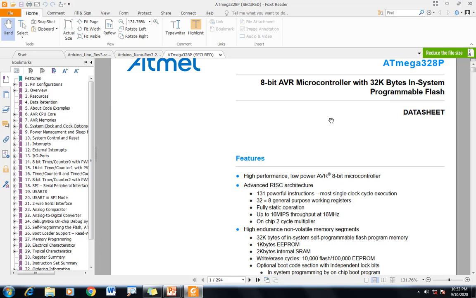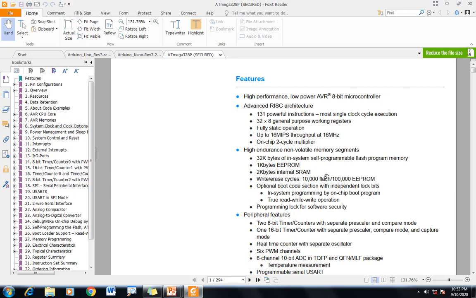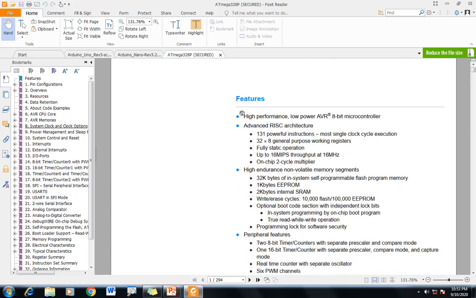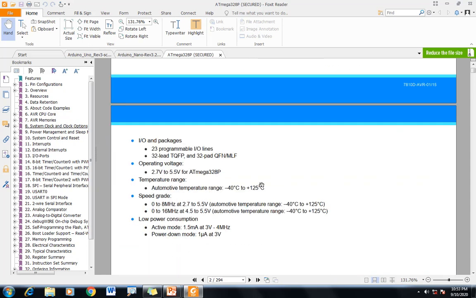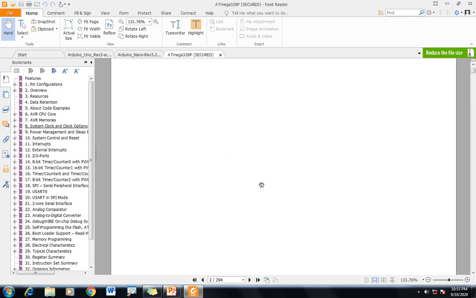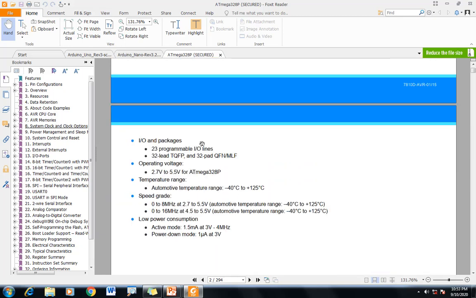It says it is an 8-bit AVR microcontroller with 32K bytes in-system programmable flash. The main important thing you want to see first is the features, what things it has, which gives you all the information on this particular IC.